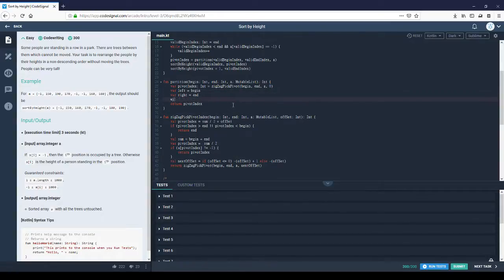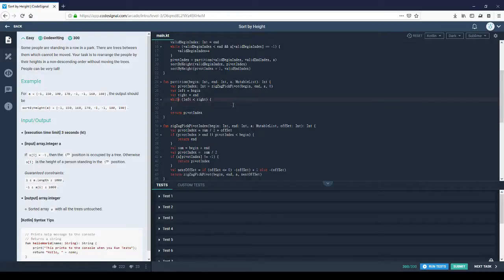And while left is smaller than right, until they meet, while left is smaller than a pivot,